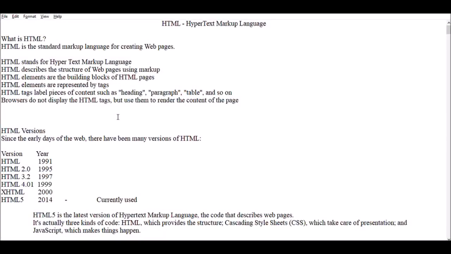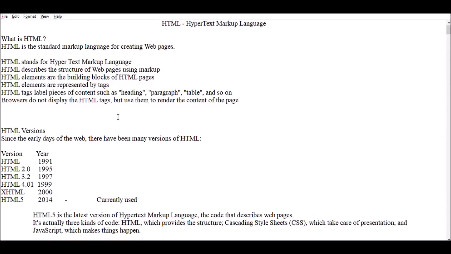Hello, this is the brief introduction about HTML5 and the tags which are used in HTML5. This video will help you to create your own static website with HTML pages. If you are a beginner in web development, then don't worry. This video will help you to grasp all the things from beginner level to advanced level in web development.